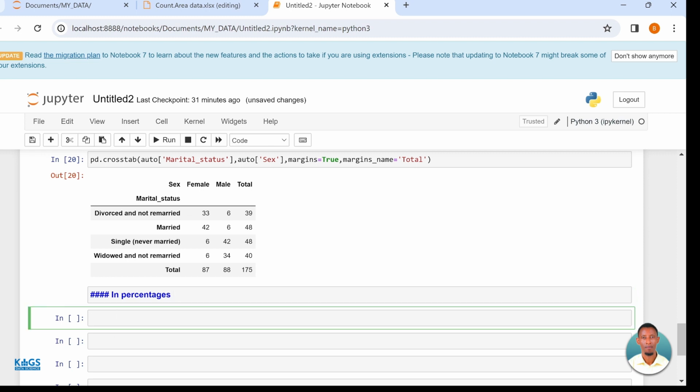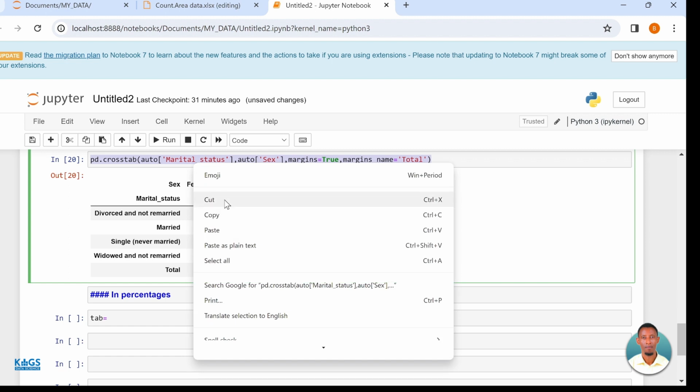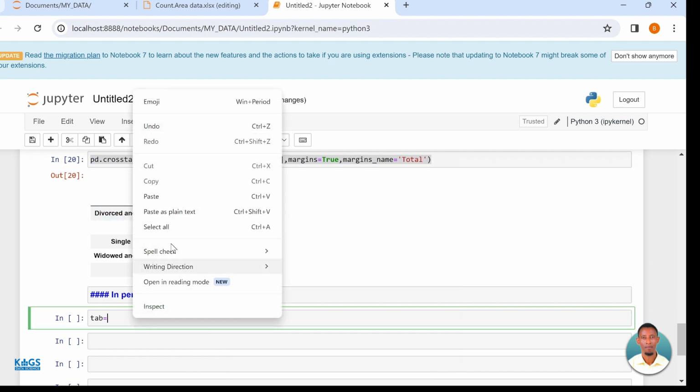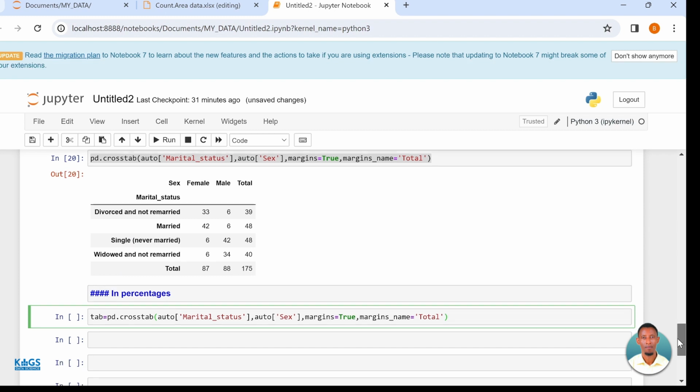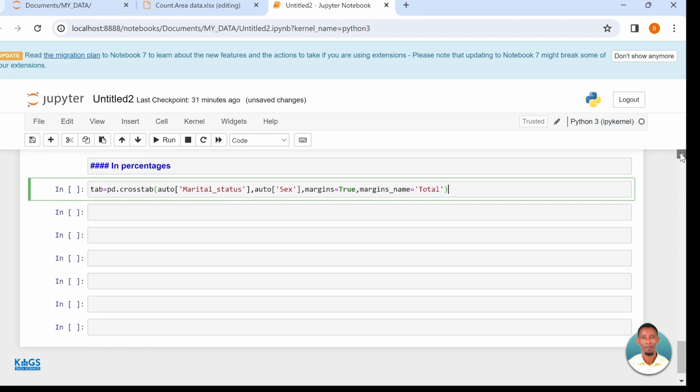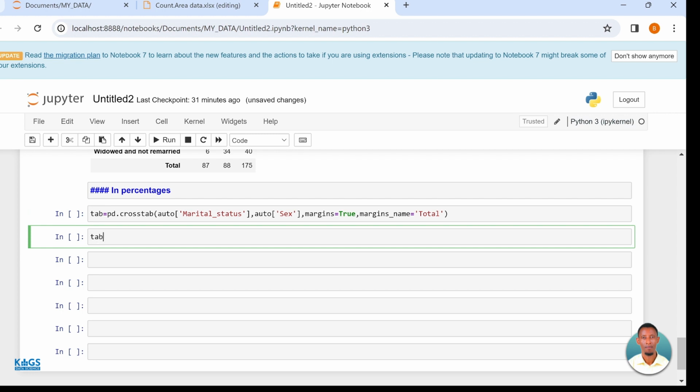Create a new variable for percentages. Copy your command here. Your command is now called tab, and then you run the percentages in rows. Tab dot divide tab dot divide tab